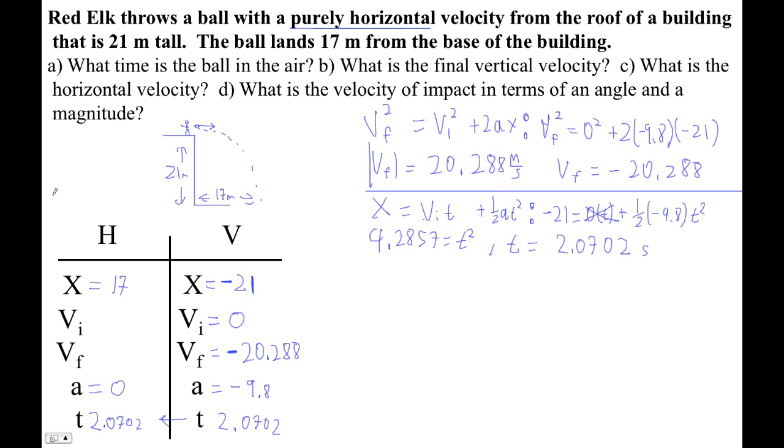In the horizontal direction, all you ever do is x is VIT. Okay, it's really this whole formula right here, but there's no acceleration in the horizontal direction. So it's always just this, the first part, VIT, right? Okay, so I'm going to say 17 is the initial velocity, and the final, by the way, times 2.0702. Okay, so 17 divided by the answer I just got is 8.2118